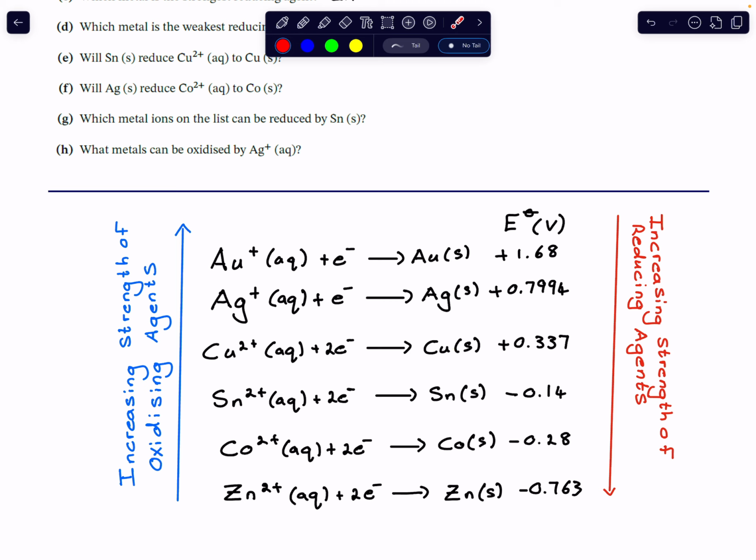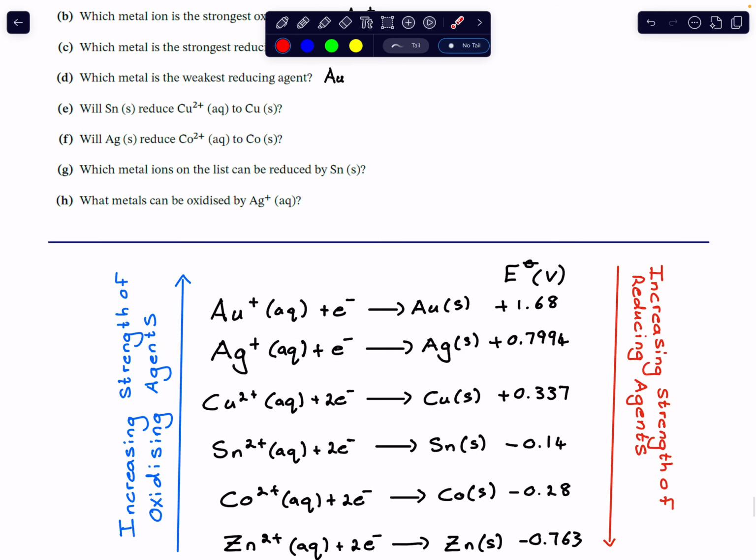And the answer is, well, yes, because tin would like to oxidize more than what copper solid would, because it has a more negative potential. It's a stronger reducing agent than what copper solid is. So if we're comparing those two, it would favor the fact that copper 2 plus would be able to be reduced. You're basically just looking at, does it lie lower than the copper equation? And the answer is yes, because it is a stronger reducing agent. So short answer, yes,